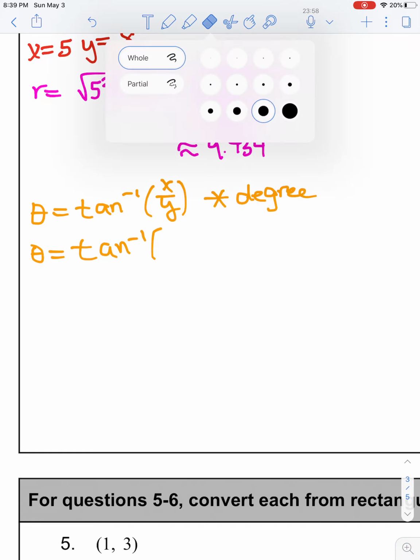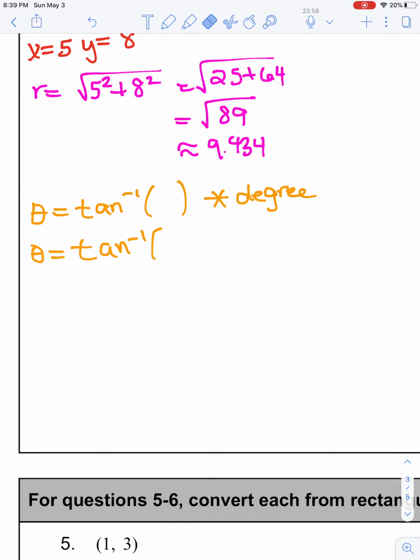And I just realized that back up in this step, I wrote my ratio upside down. So this should actually be y over x. I apologize about that. Maybe some of you caught that as you were watching this. So we need to go ahead and take tangent inverse of y, which is 8, divided by x, which is 5. And this is, again, all calculator work. So I punch that into my calculator and I round to 3 decimal places as I was told, and I get that this is